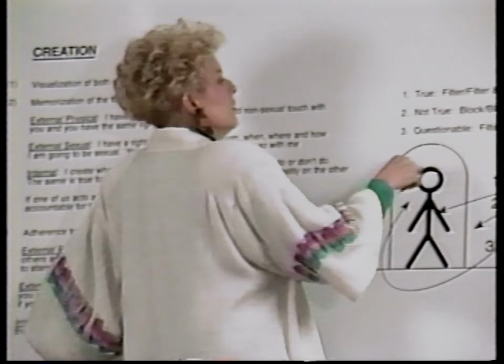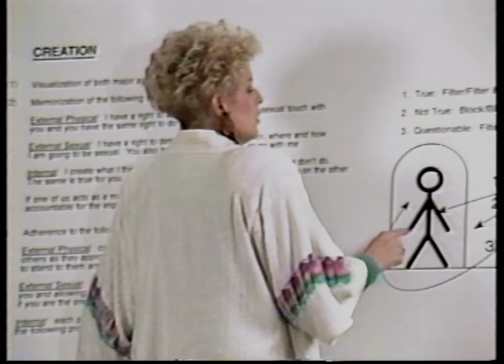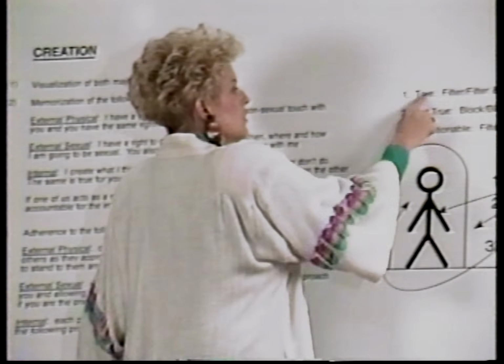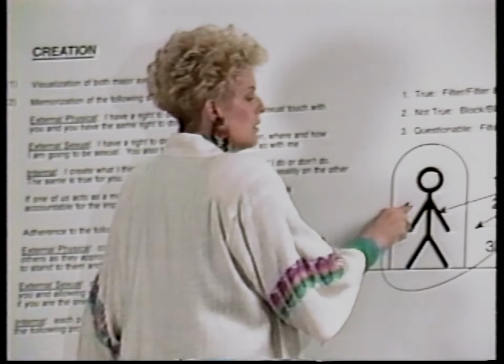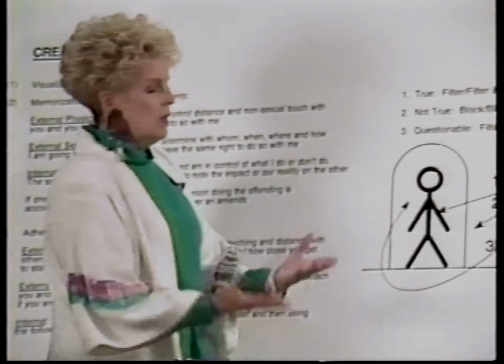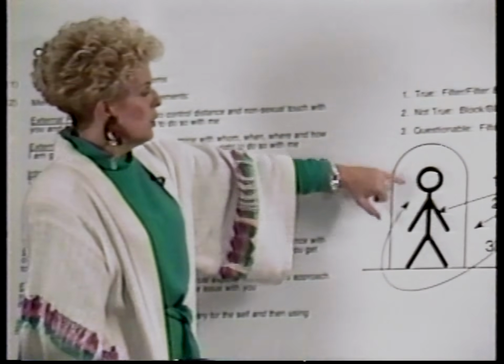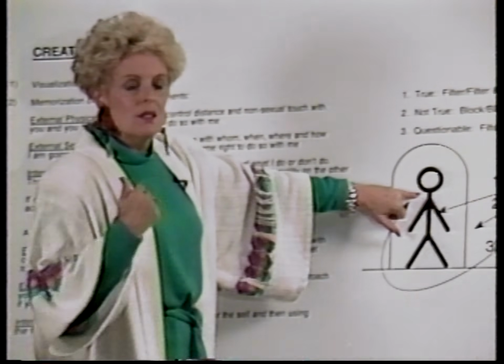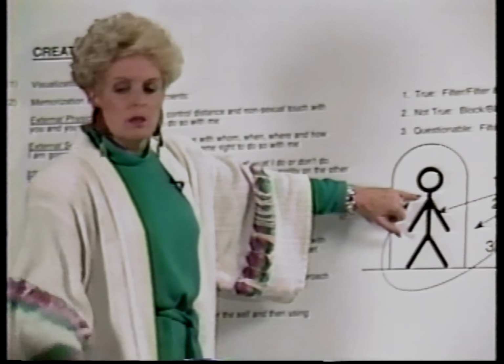Then if the data moves it to not true, what Bill would do would be to throw it out. If the data moves it to true, then what Bill will do is haul it off his shoulder, take it through his gut, and feel about it. If he asks for the data and he still can't move off questionable, then he holds it on his shoulder and maybe waits until he gets the data he needs to make that determination.